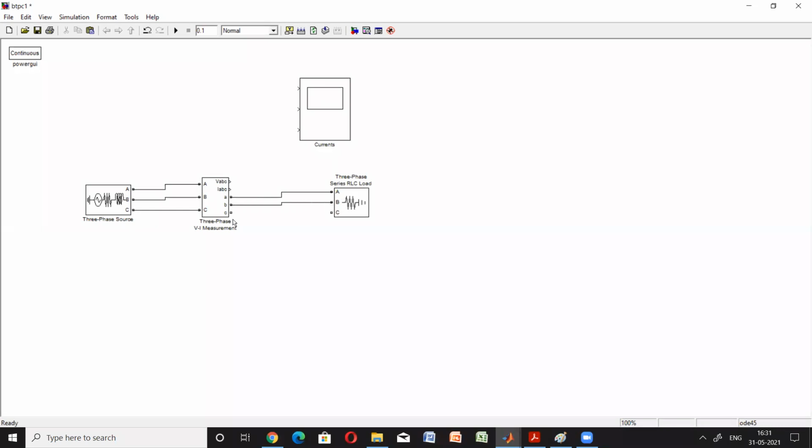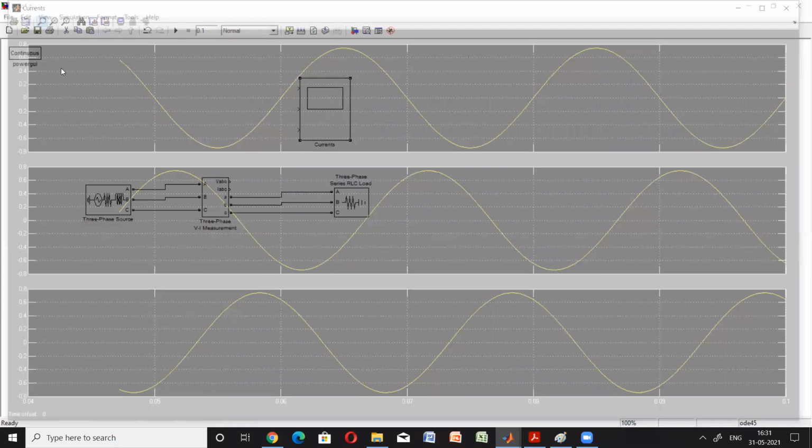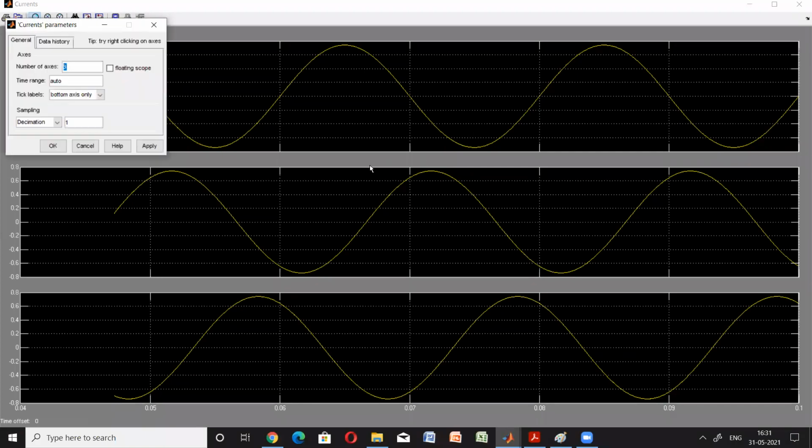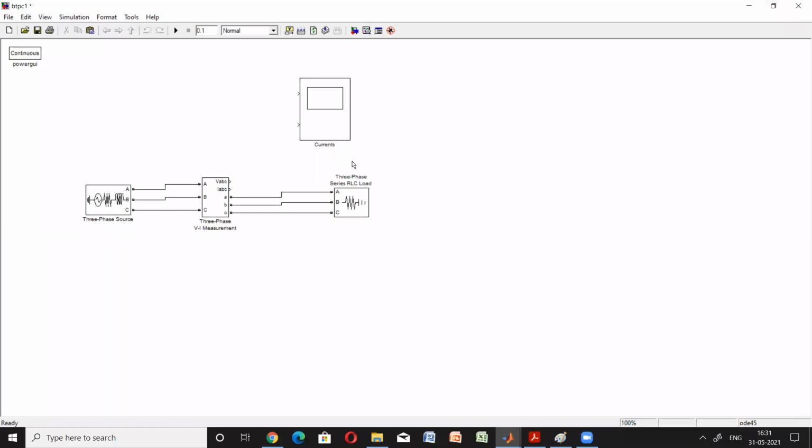You can see the voltage and current. There is a port for voltage, there is a port for current. So what do we need? We need only 2 axes. We don't even need 3 axes. We just need 2 axes, and this is for the voltage and current both. That is the scope.